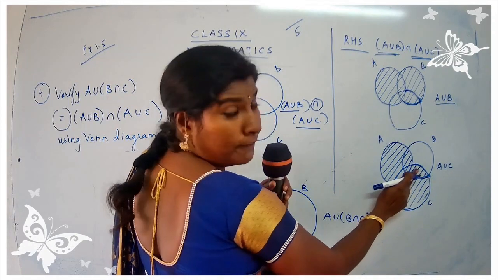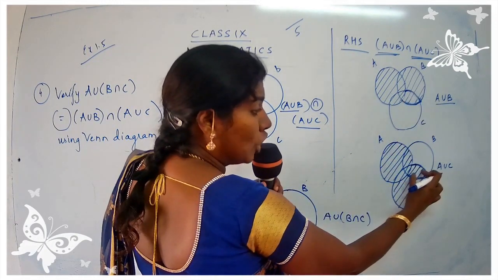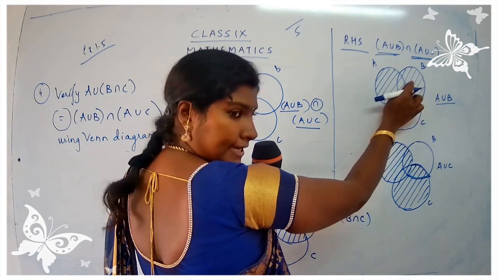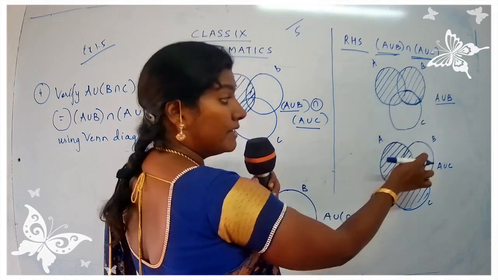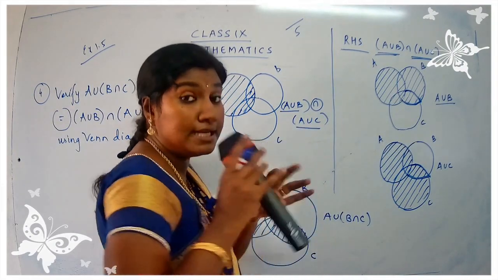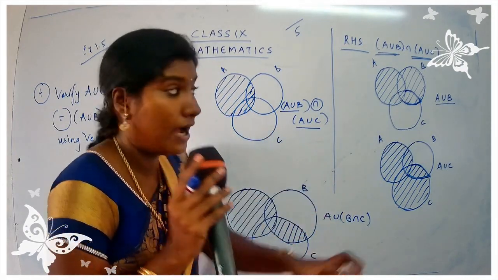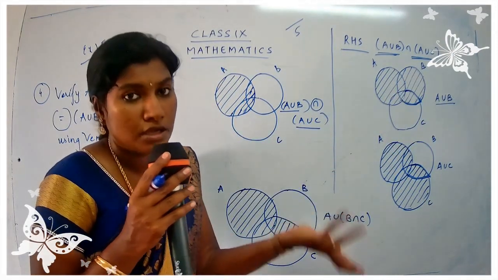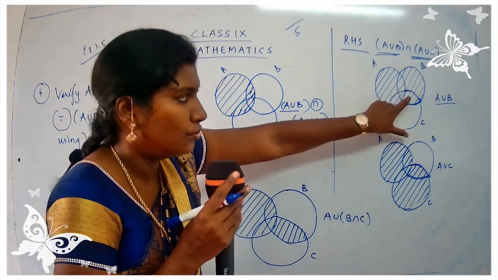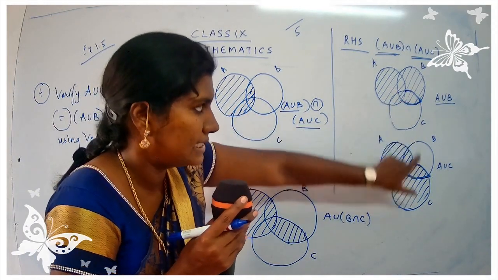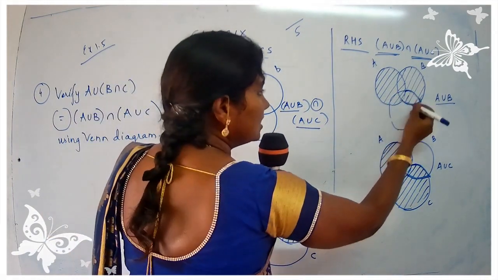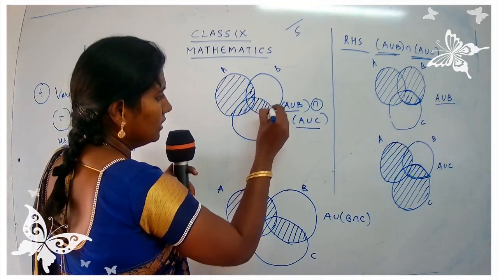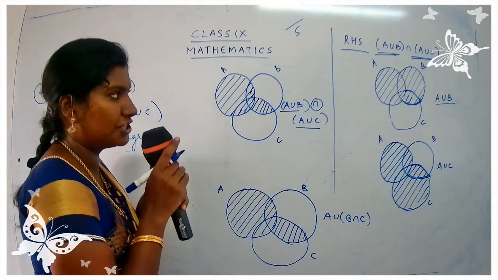Here also the common part is shaded. So I am going to take only the common part. I am not going to take this area, because here it is shaded, but here it is not shaded. Intersection means we are going to take the common part. This is shaded, this is not shaded, so they are not common. So you are going to take only the common part. See here, this is shaded, so I am going to take the shaded part. I will be shading over here. That's all. So I have just checked for B.